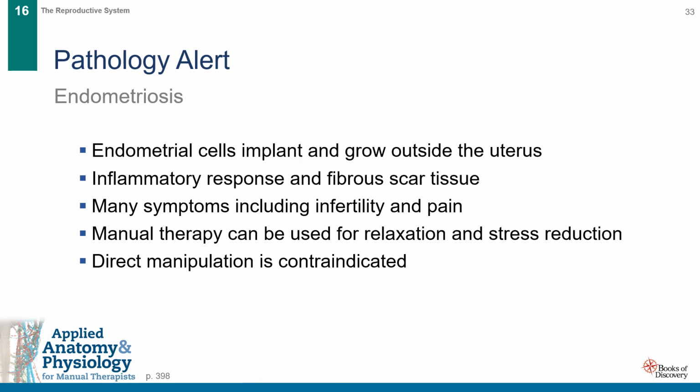In this pathology alert, we will be discussing endometriosis. Sometimes endometrial cells implant and grow outside the uterus in the peritoneal cavity, a condition called endometriosis. These cells grow and decay in response to the hormones that control the menstrual cycle. Because decayed cells outside the uterus cannot be shed through menstruation, they stimulate an inflammatory response and eventually become surrounded